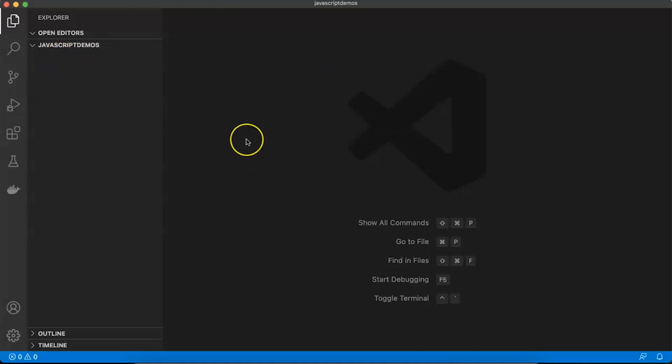So this VS Code editor is free to download. You can just search in Google for VS Code editor and you're going to get the option. It's almost 50 MB in size, and that's it. So here I'm going to create our very first JavaScript program. I'm going to give the name called